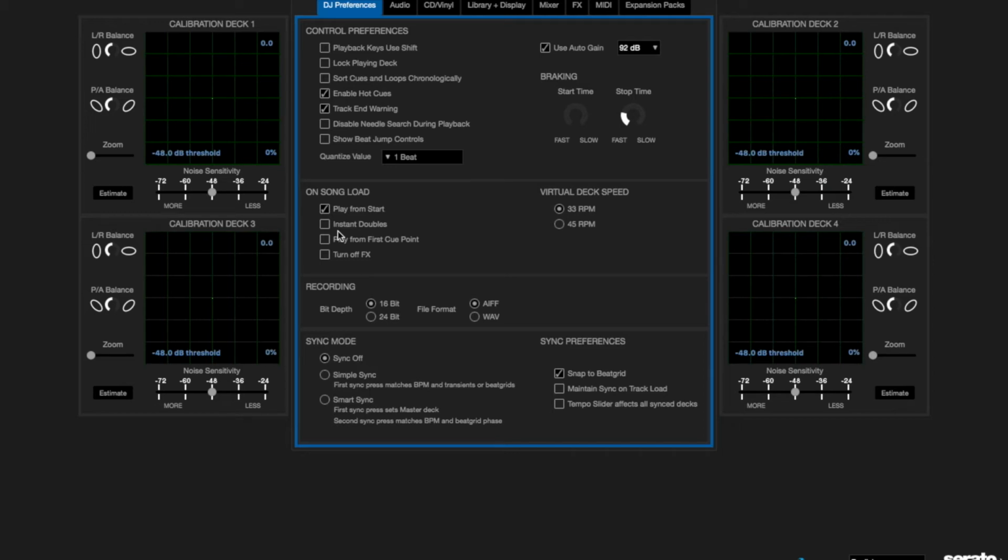But if you switch it over from 33 to 45, then you will have songs playing in a different speed, which means that they would sound screwed because all of the tracks are playing in 33 revolutions per minute. Hypothetically, now in the